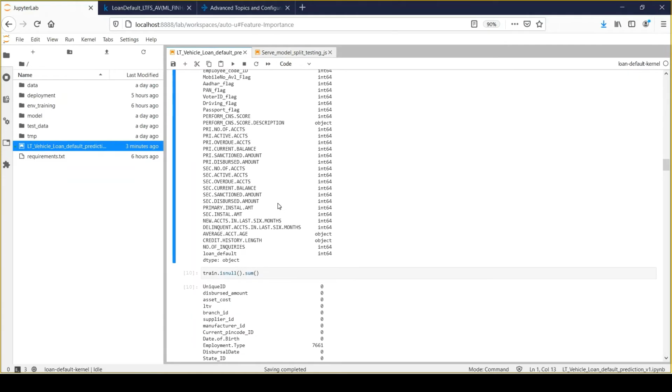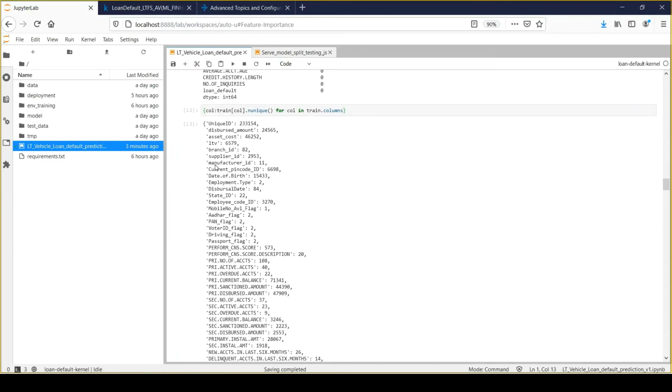right? So here you can see that manufacturer ID has 14 unique values, right? So it makes much more sense to define this as categorical, right? Because a machine learning model works differently based on how you have defined your data, whether it's numeric, the behavior would be different. And if that field has been defined as categorical, the behavior would be different. So those sorts of decisions you need to take.